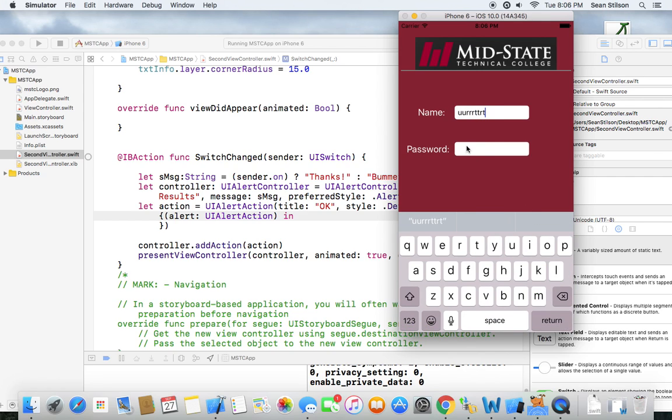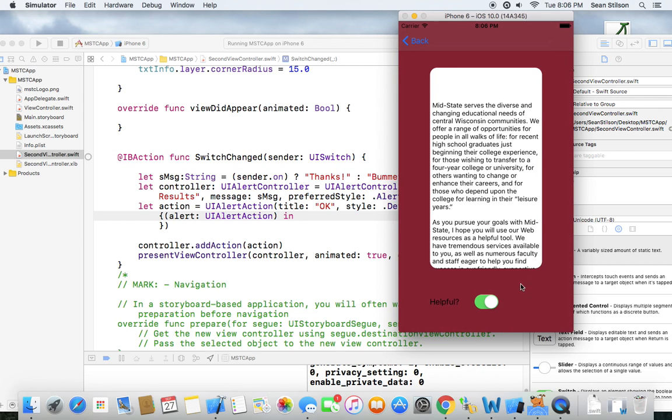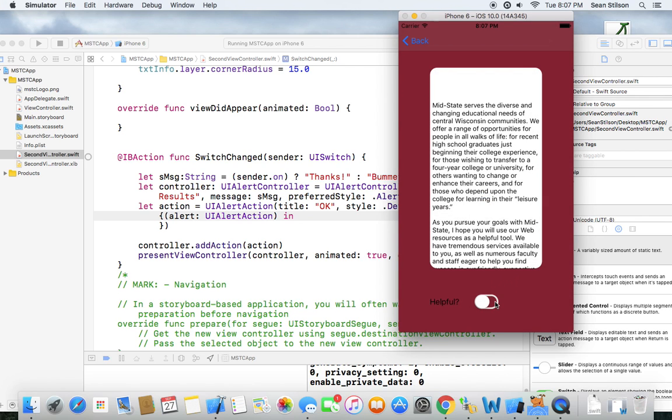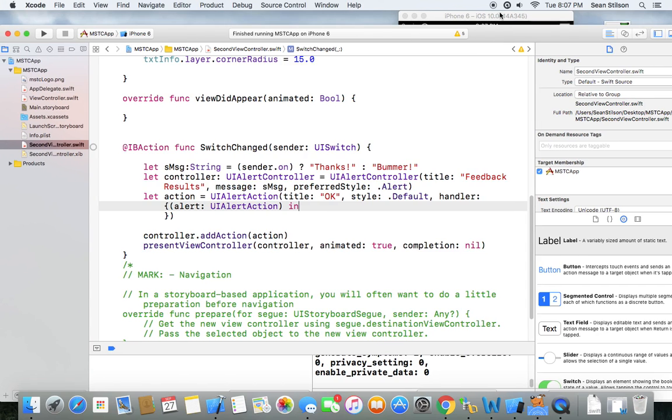Mine works. Yeah. Okay, so it seems to be working. Yeah, mine works when you click it, I get back and forth. Yeah, you get the little message pop up. Okay, so I'm going to go ahead and stop this and stop recording, and then I can look and see what's